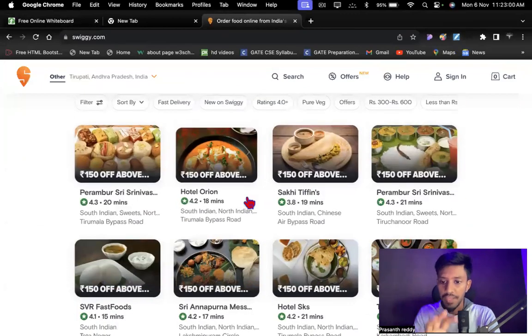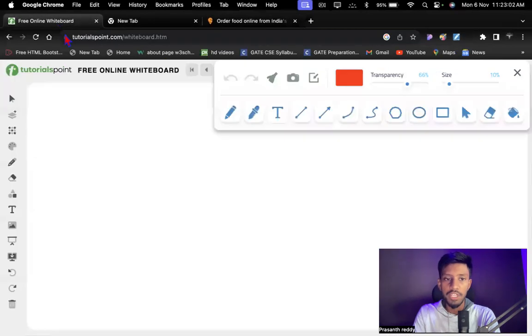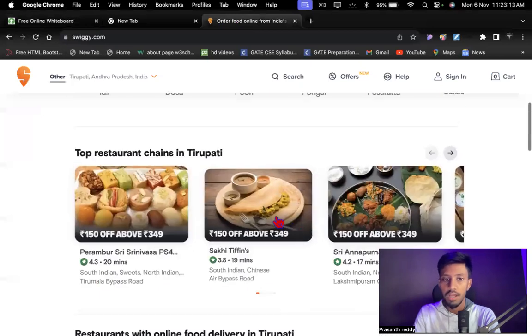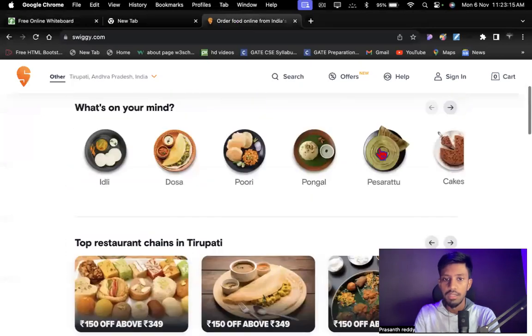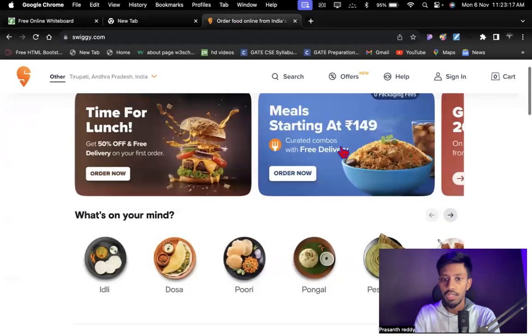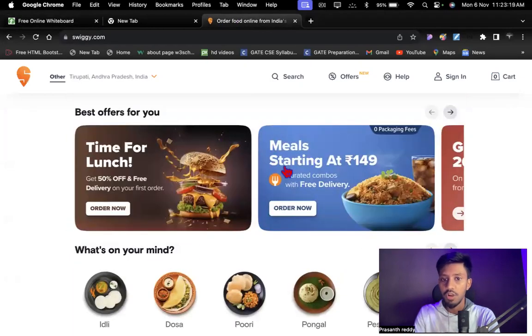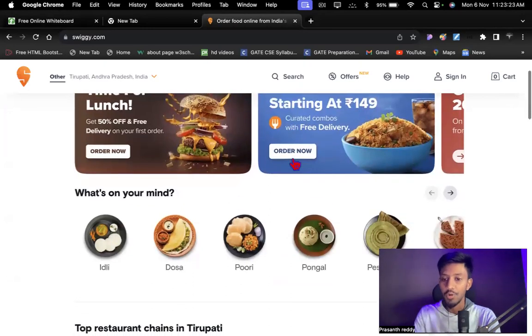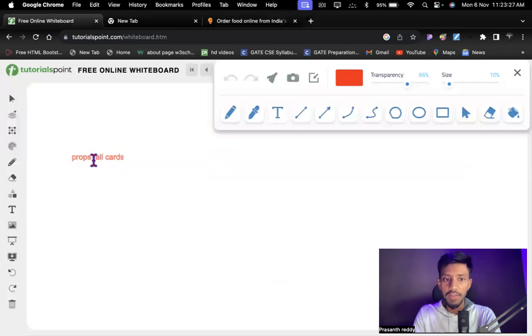This is basically props. We already discussed props, guys. Let me mention the props over here. Let's give some path props, all cards. See, not only this portion of cards, like this scroll cards, this what's on your mind scroll cards, this best offers for you cards, these all are nothing but the props. We are going to build this entire part. Don't worry, have some patience, guys. Okay, now let's go inside this. This is what we call the props concept. Okay, now what is the second concept, guys?